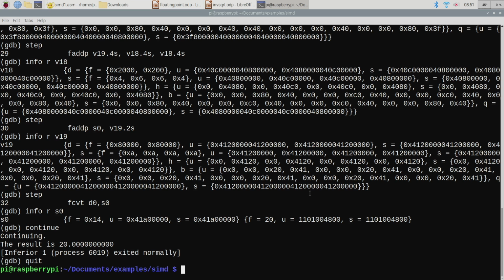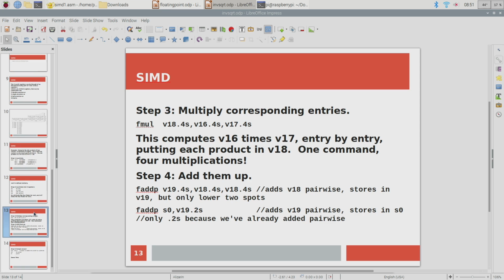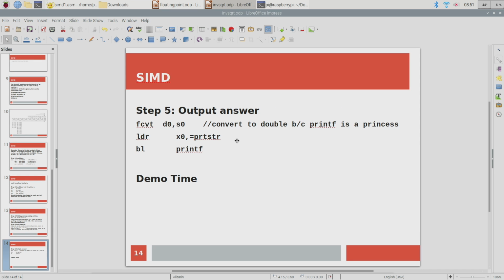Okay, so good. All right, so the next thing I wanted to do is, let's see, make sure I've got that. Oh, and then we just did the printing. Okay, and demo time. All right, so that was a contrived example, well, semi-contrived, right? This is the kind of thing you would do in linear algebra all the time, but let's do something